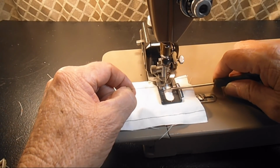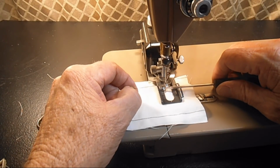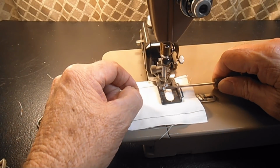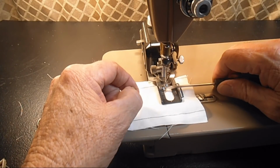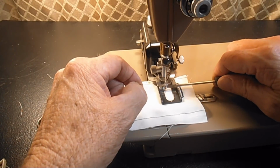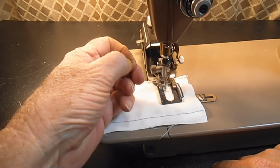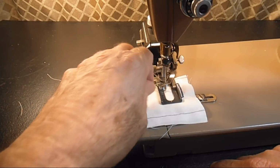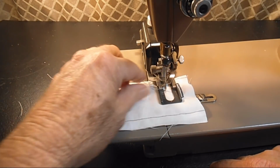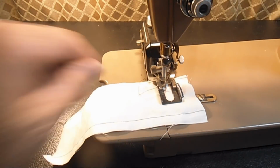Just like raising it up out of the needle plate before you start sewing. And this I think is where sometimes I have moved the fabric a little bit. There. I get a little slack here, a little slack from the bottom bobbin. Okay, and